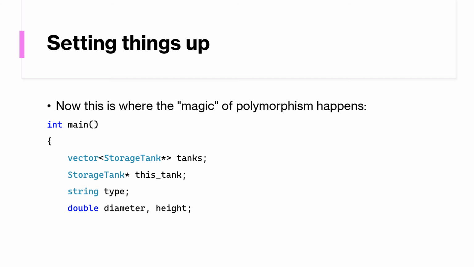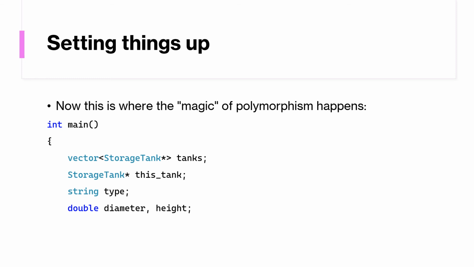Now, we've defined our functions, we've defined our objects, they've each got the appropriate geometric function for calculating volume, and they've each got a return one word function for type. This, here in the body of our program, is where the magic of polymorphism happens. Okay,